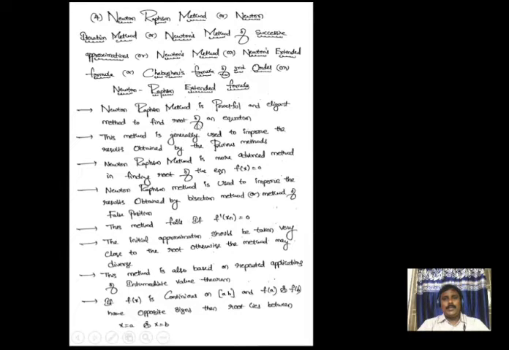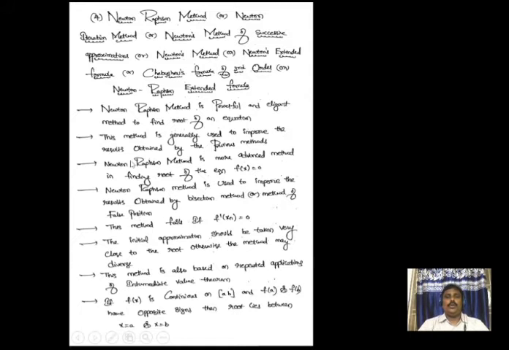So welcome back students. Now we are going to see the fourth method, that is the Newton-Raphson method. This Newton-Raphson method is also called Newton iteration method, or Newton's method of successive approximation, or simply Newton's method, or Newton's extended formula, or sometimes Chebyshev's formula of third order, or Newton-Raphson extended formula. So these are the names for the Newton-Raphson method. You can be asked by any name, so you can easily identify that.